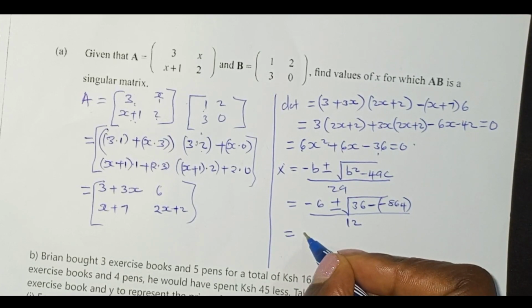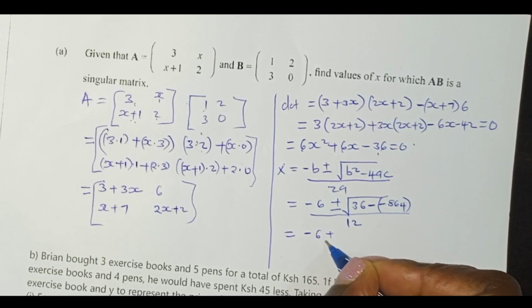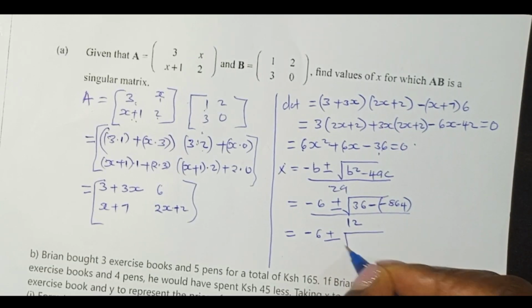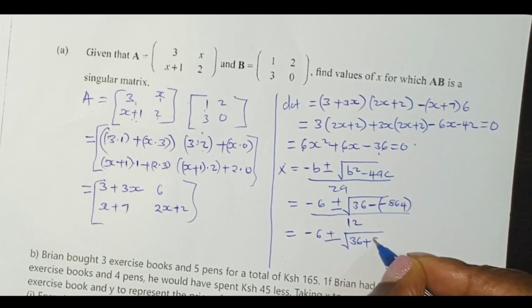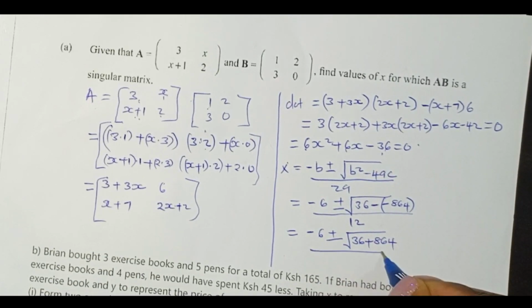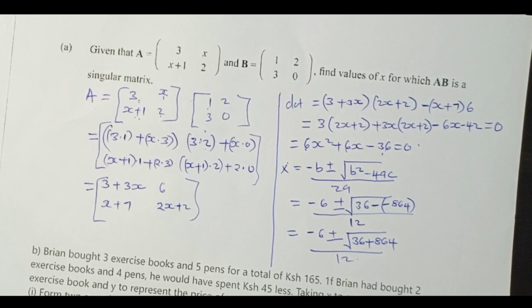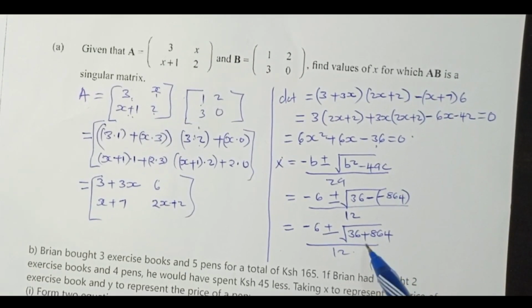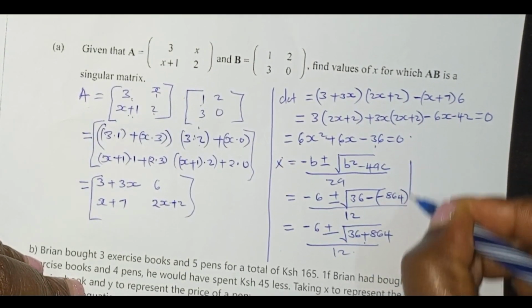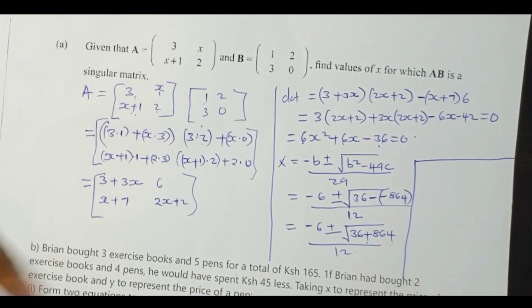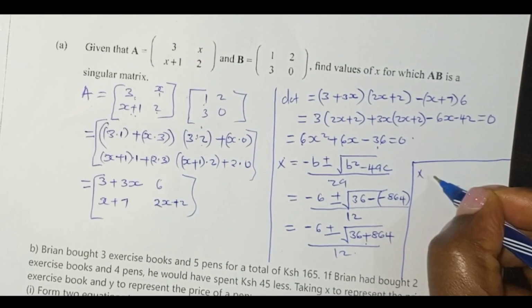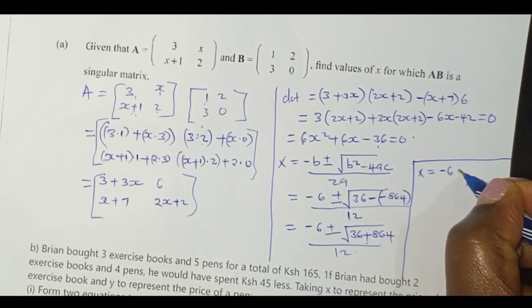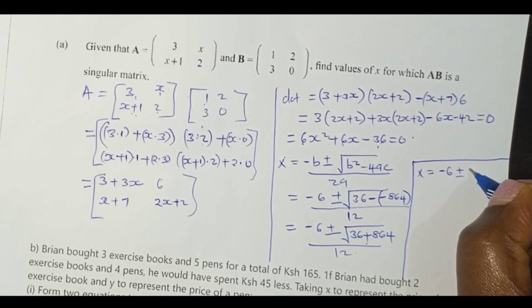Then we come to negative 6 plus or minus the square root of 36 plus 864, divided by 12. When you multiply a negative with another negative, it becomes a positive. So that's why we have plus here. So our x is equal to negative 6 plus or minus 30